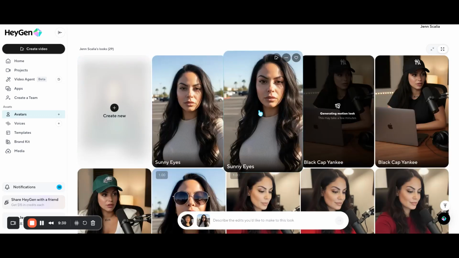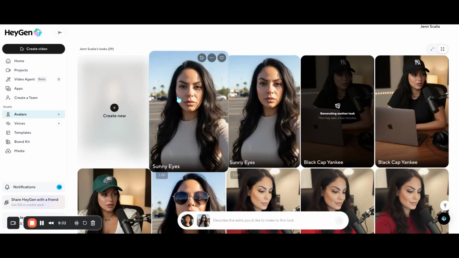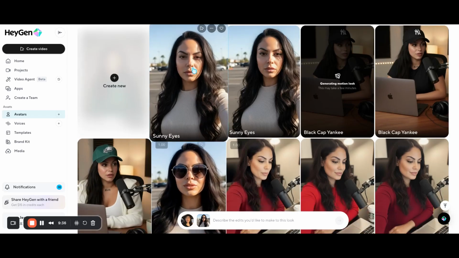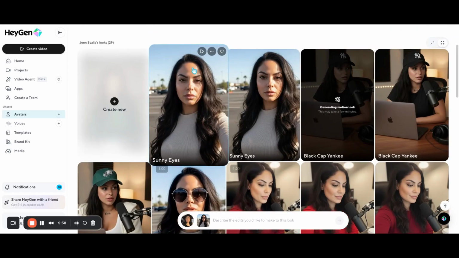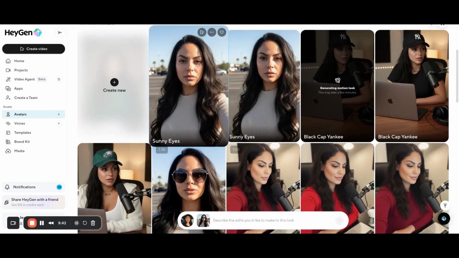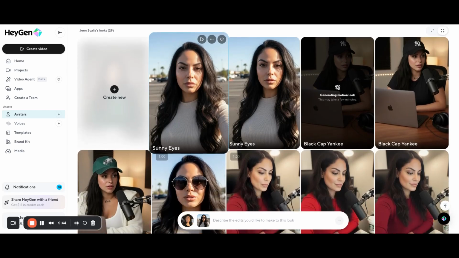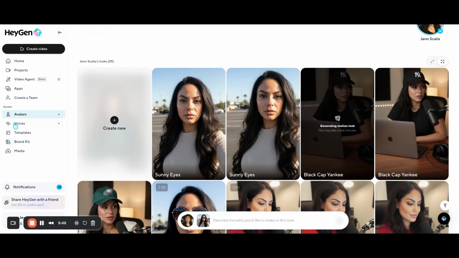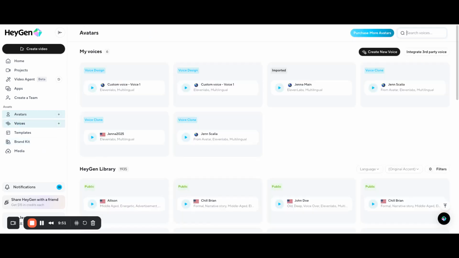All right, so as you can see, it gave me, again, two options. They're pretty much the same, but now it's the same image as this one without the sunglasses. So this is how cool, how quick, and how easy this is. Like, there is literally no excuse. So this one is still populating. I'm going to go over to voices and show you that while that is populating, and then we'll go into